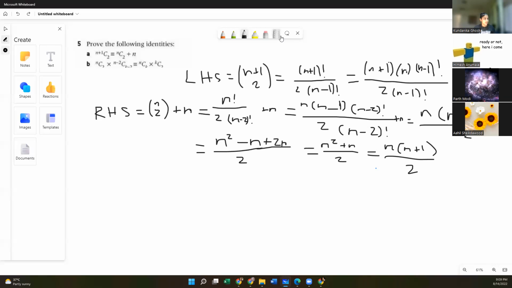Okay. There has to be an easier way to do this. Wait, so where did you get the plus 2n from? So plus 2n, remember we have n choose 2 plus n? If we want to put the plus n onto the numerator, right now we have n over. Do you remember how to add fractions? How to add fractions. So like if you have 1 over 5.